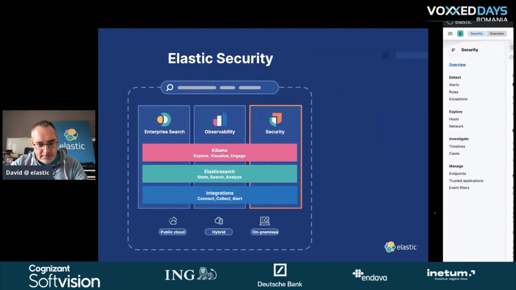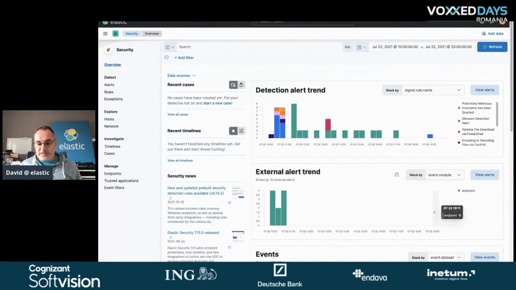Let me show you. Imagine that we are a security analyst, and our IT team has deployed Elastic agents, the ones I mentioned before, on all our network. It includes end user machines, but also our firewalls, our applications, our servers, and everything. So we have agents everywhere. Our analyst logs in and starts to investigate open alerts. This is what you see here when you connect to the security solution within the Kibana platform.